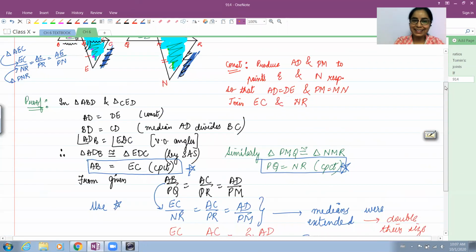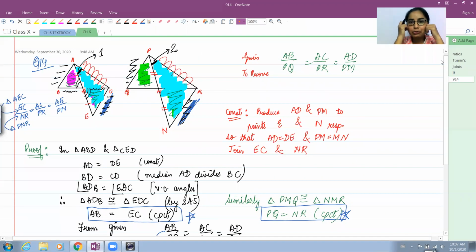Okay, before I take this further, I would just like you to remember one thing: what I had to prove. I initially told you that I want to prove angle A equals angle P, and right now what I have proved is that part of angle A, which has been marked as 1, is equal to part of angle P, which has been marked as angle 2. I need the whole angle A to equal the whole angle P, but I could not equate them directly. So I did some construction, used the results, and obtained part of angle A equal to part of angle P.